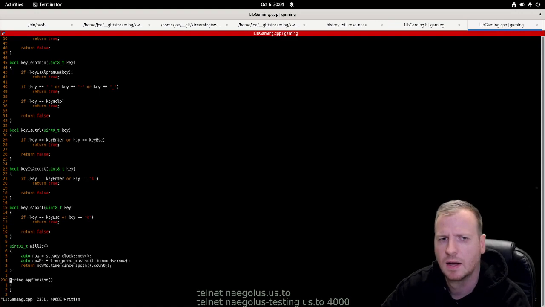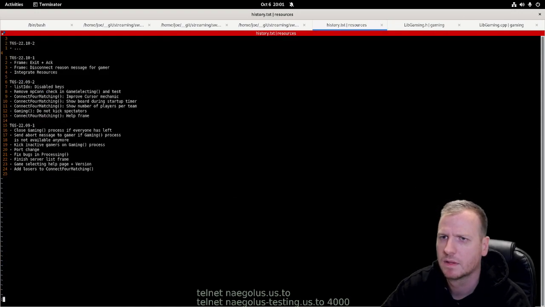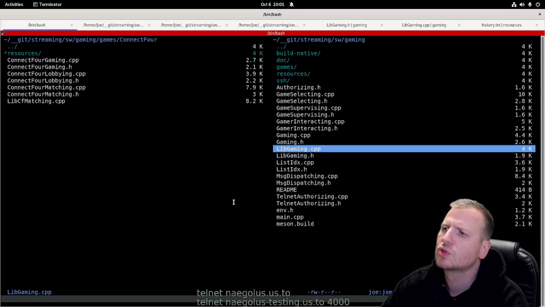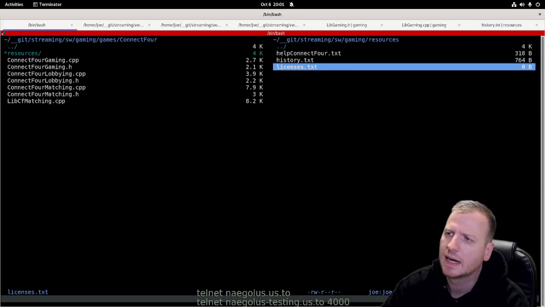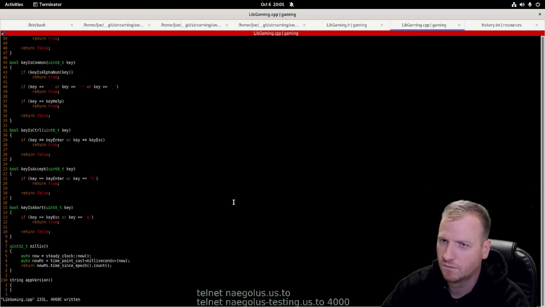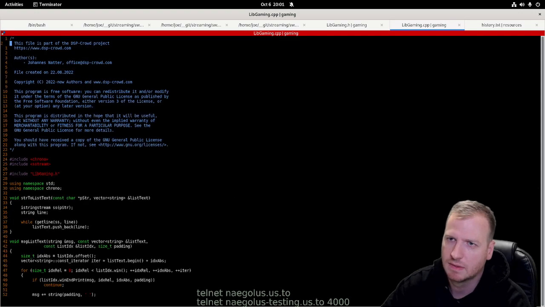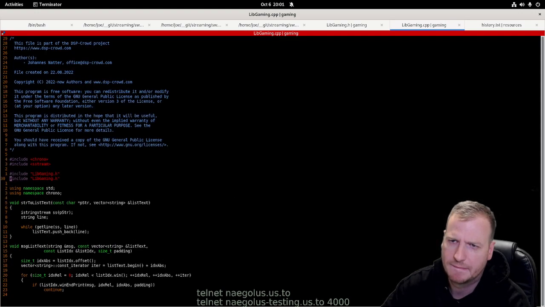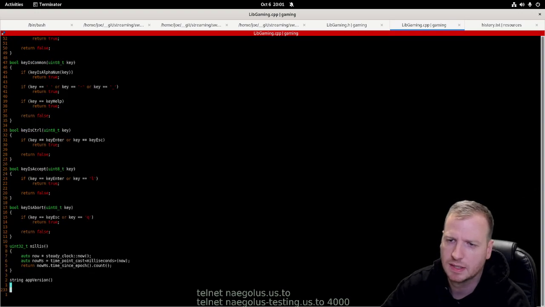Cool. Now history, yes. As soon as we add the file in the resource directory, we can get the data from it by including this header file, and then